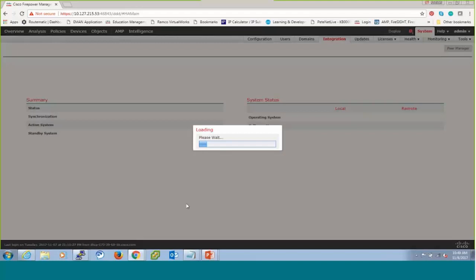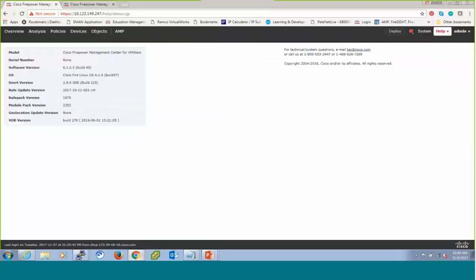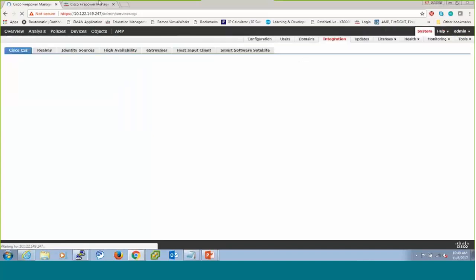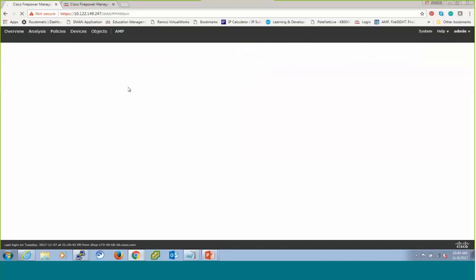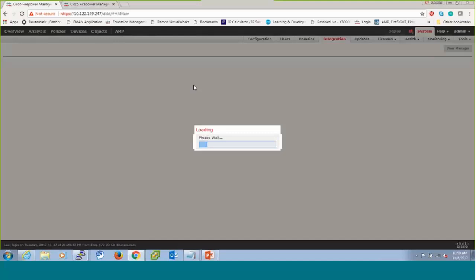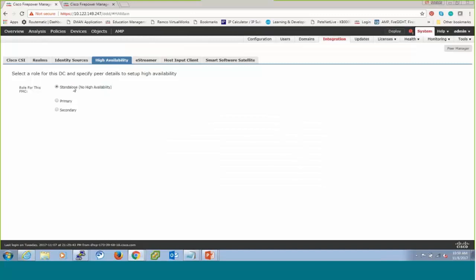And during the registration process, we would also be prompted for certain information. This I will show you on a FMC that I already have, which is not a part of a HA. Great. So under high availability option, we would be seeing this FMC currently with a standalone status. And in case you want to put this as the primary FMC, we would be displaying this information here. Alright, so currently it's a standalone, as in no high availability is present. So the minute you click primary,